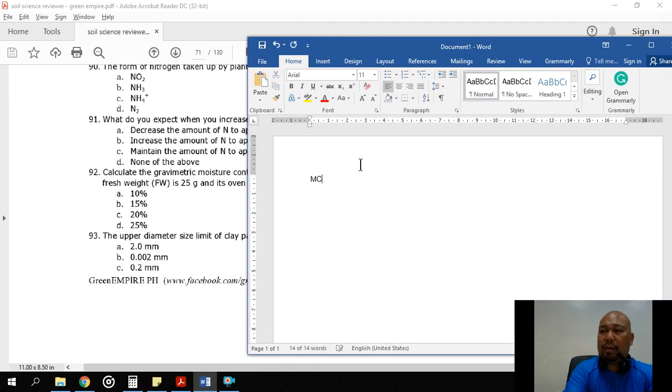Moisture content, MC, dry basis is equal to, okay, fresh weight minus dry weight, times 100% divided by,